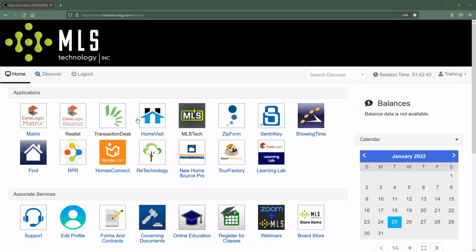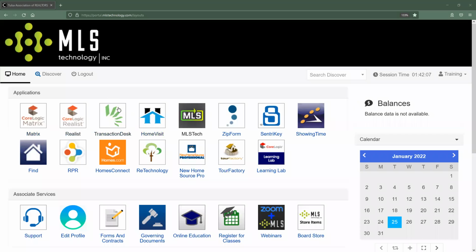So first things first, Transaction Desk is what's called a paperless transaction system. This is where you guys can fill out forms, get digital signings completed, so on and so forth. Some of you guys are already familiar with some of the alternative options like .loop, ZipForm, AuthentiSign, DocuSign, so on and so forth. Transaction Desk is a system that actually was bought out by the same company that owns ZipForm. At a certain point, I expect they're going to be merging those two technologies together, but for now, they are kept in a separate environment.